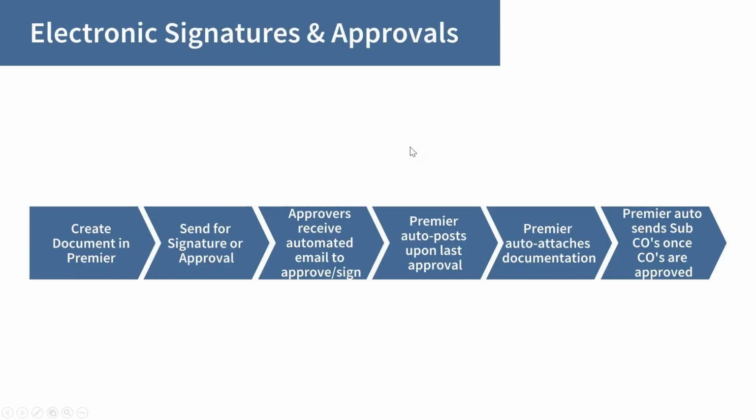So let's dive in. Electronic signatures and approvals: the intended flow is that you create your source document as normal in Premier, just as you would create your subcontract or your change order. Then instead of printing it, emailing it out, waiting for someone to sign it, and getting it back in, all you're going to do is hit a new button called Send Signature for Approval. This can be either an internal approval, where you're just approving that document and sending it on for another signature,